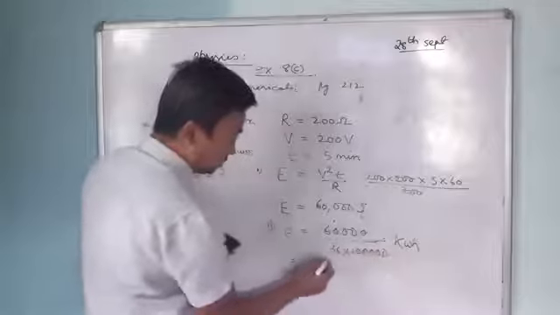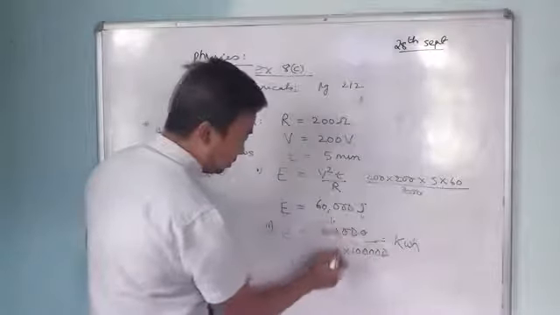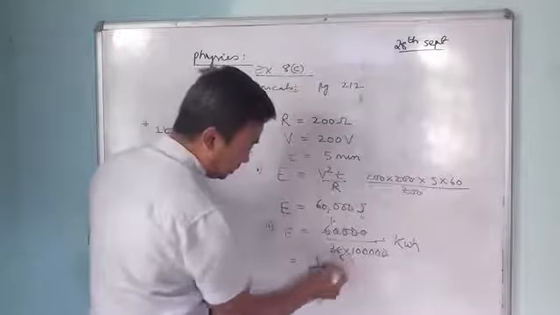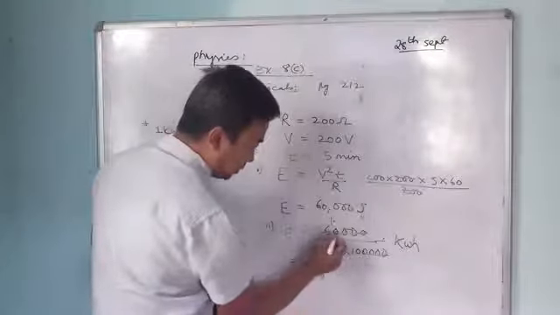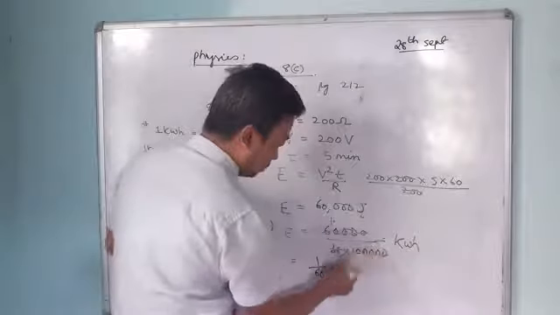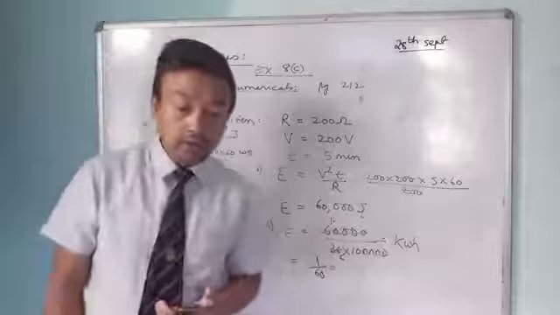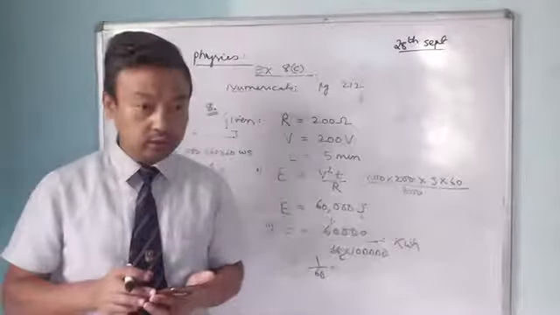Cancel, so you will get 6, 1 by 60. Yes, 1, 2, 3, 4, 1, 2, 3, 4. So after solving this, you will get the answer in decimal point. Please try this. How much will you get? You will get around